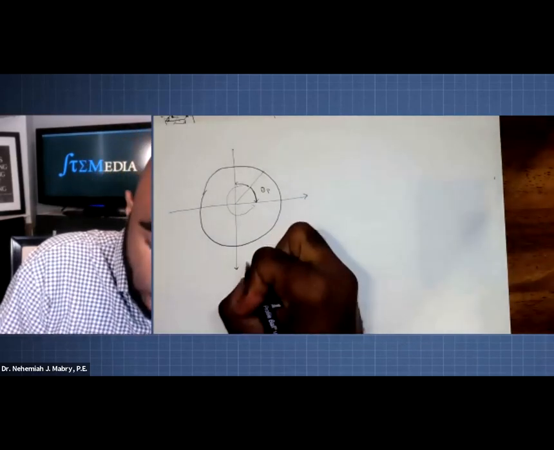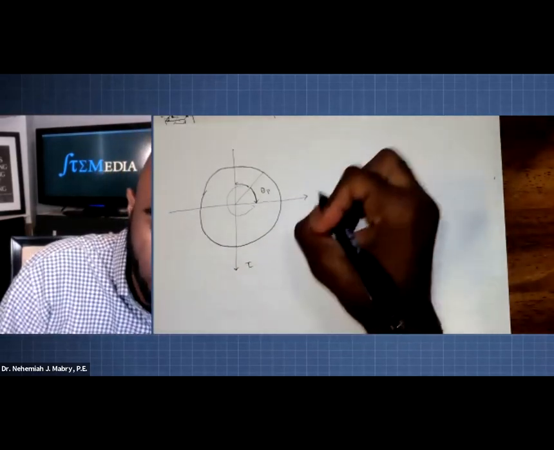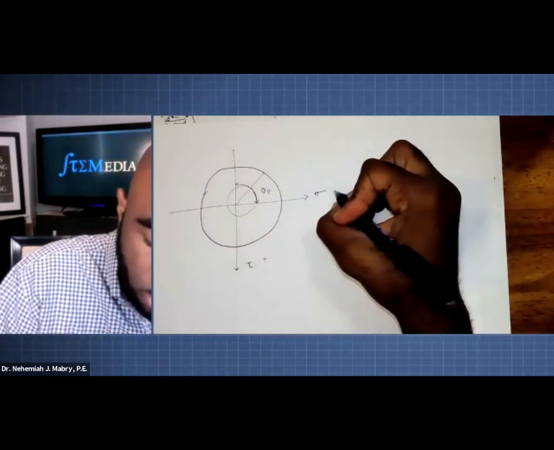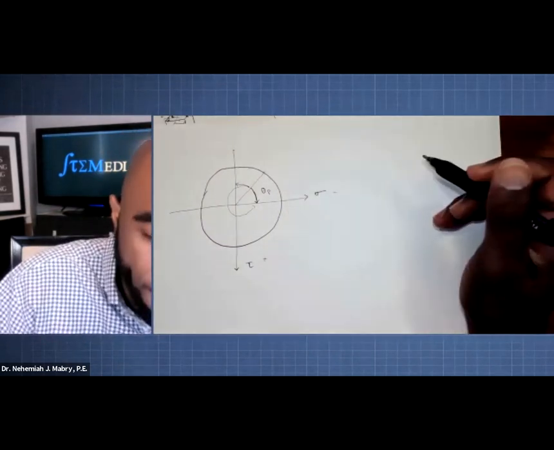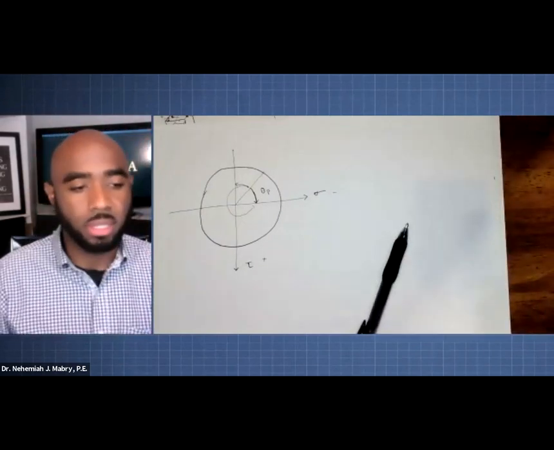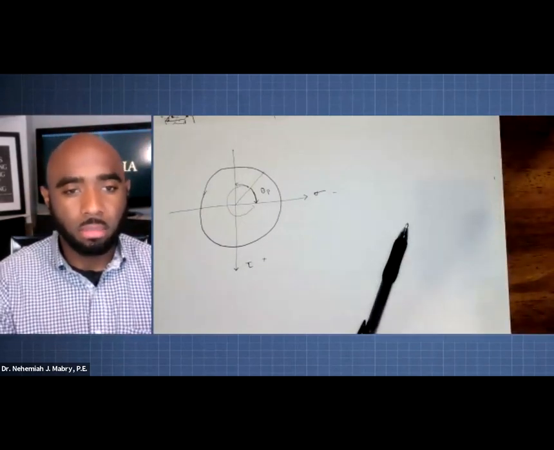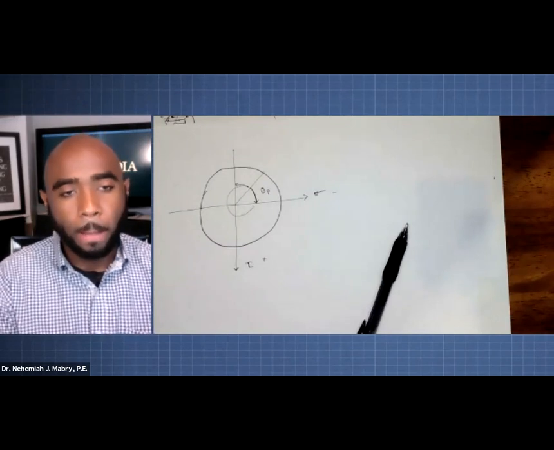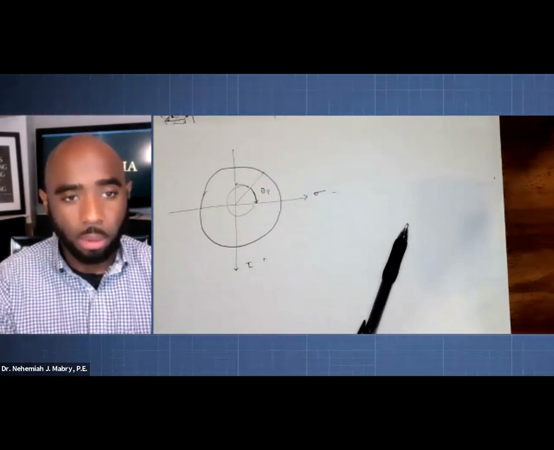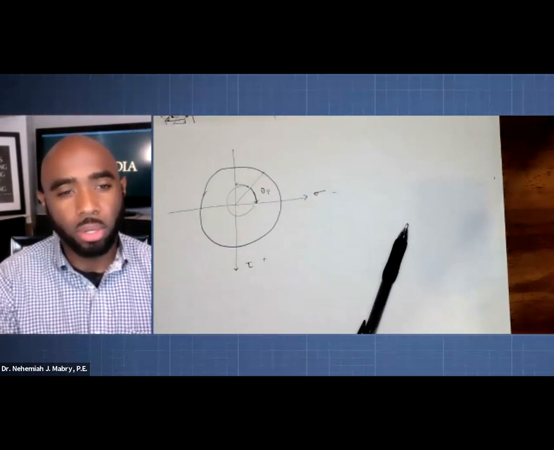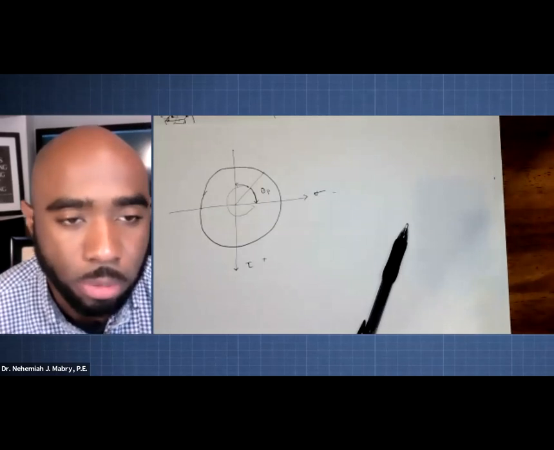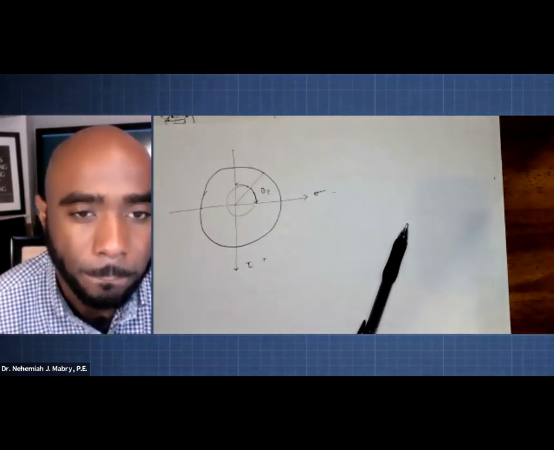I don't know who came up with it, but positive is in this direction. Since it's at the top of the circle, it would be a negative shear stress. When it said to find the maximum, I just went for a positive, and I went the opposite way around. So should we just try to find the closest maximum or the positive maximum? Yeah, I would say the closest. They don't have to necessarily think of it as an absolute. Don't think of it like that. Okay, thanks. That help? Yeah.